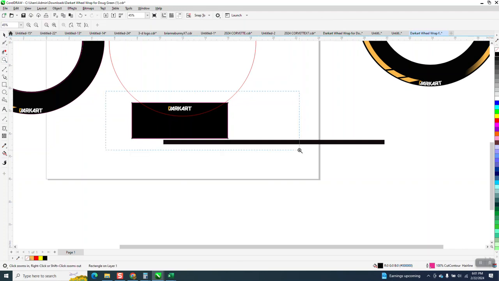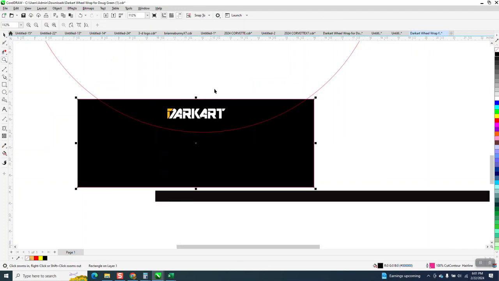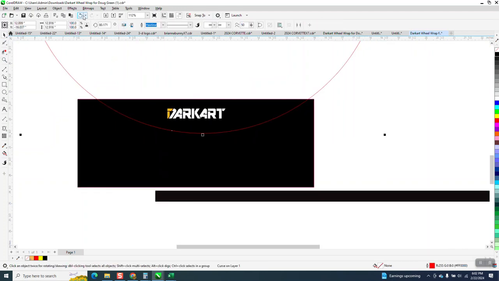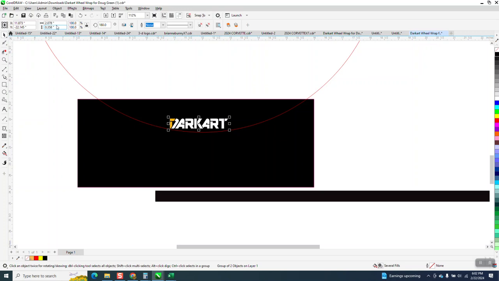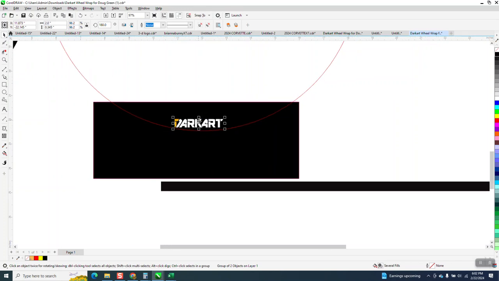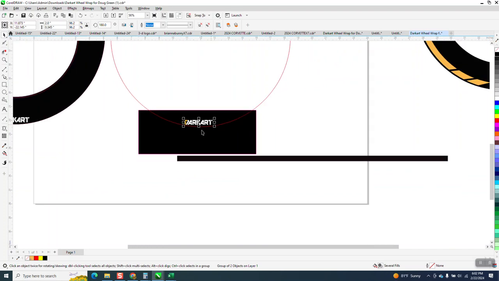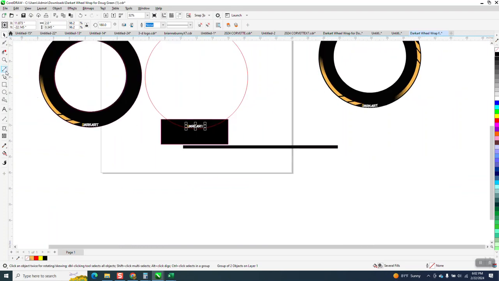Now, I want to set that logo pretty close to the bottom. I think I moved my circle, and I did. I'm going to get that logo pretty close to the bottom. And if you can see, it's 2.078. So I'm going to make it with my ratio lock. I'll make it 2 inches just to make it a little bit easier. He can adjust that. Now, what I'm going to do is I'm going to take a 2-point line